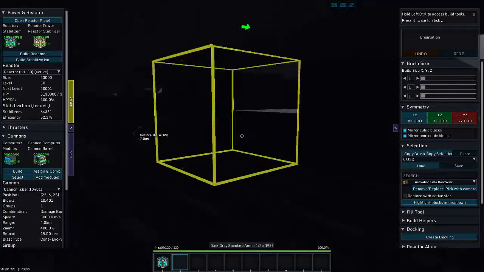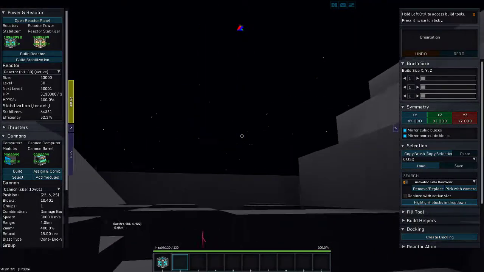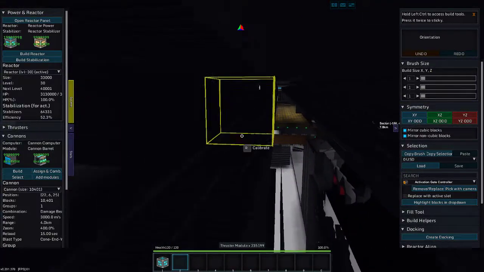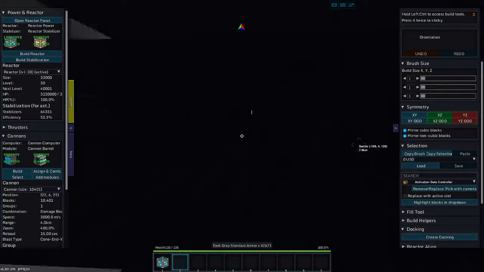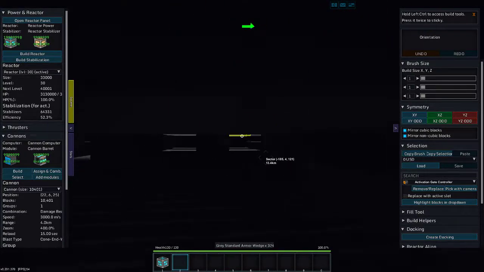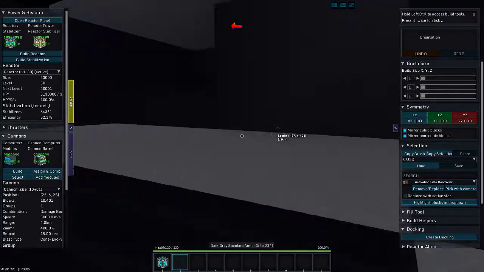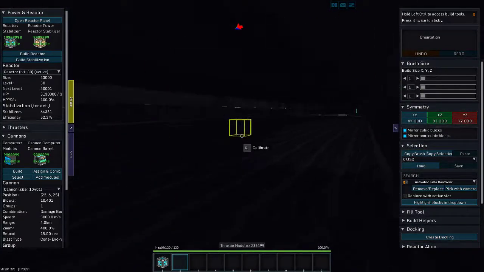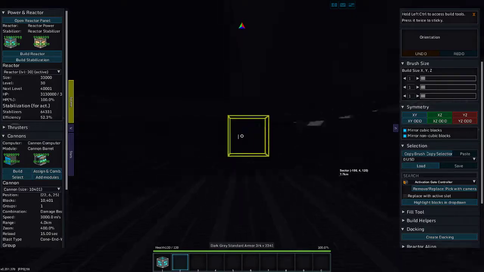And that is a gaping hole into and out of the main hull. That's not good. I should really fix that. Well, it's not big enough to get an astronaut through it, but still, that's not optimal. Anyway,